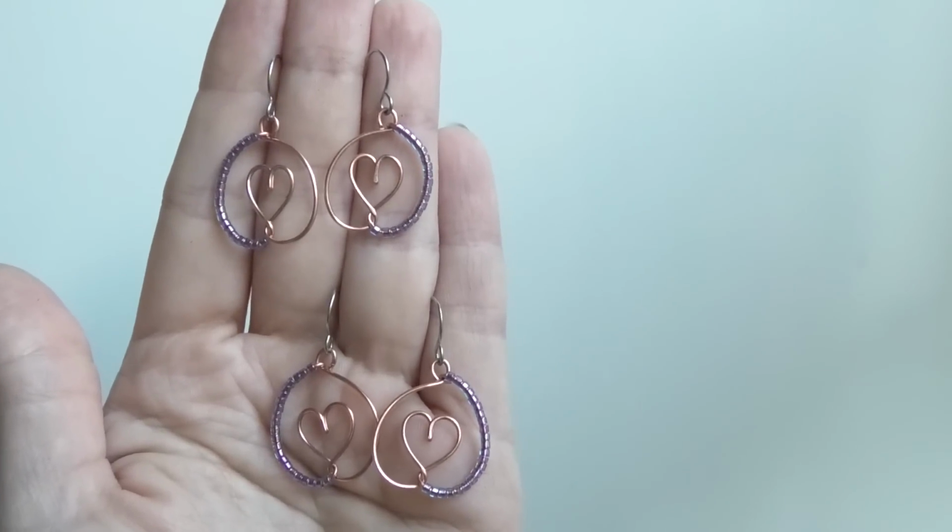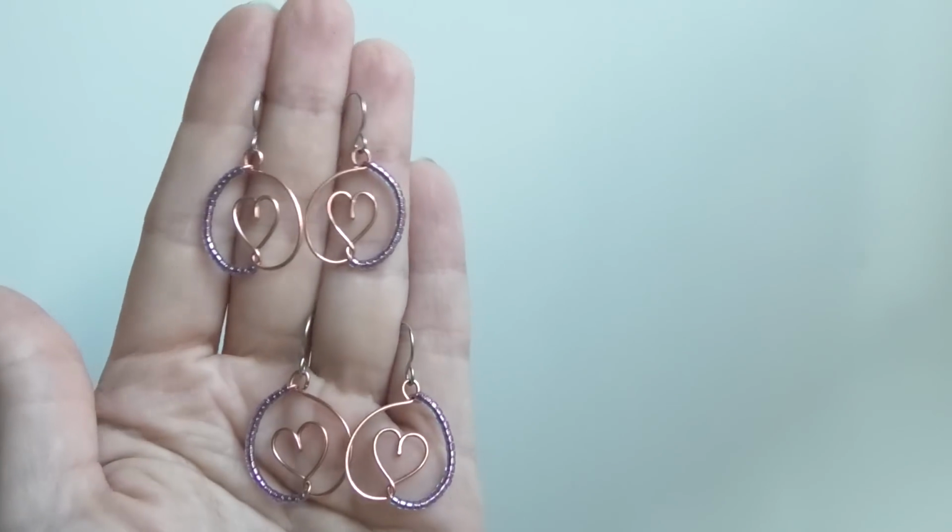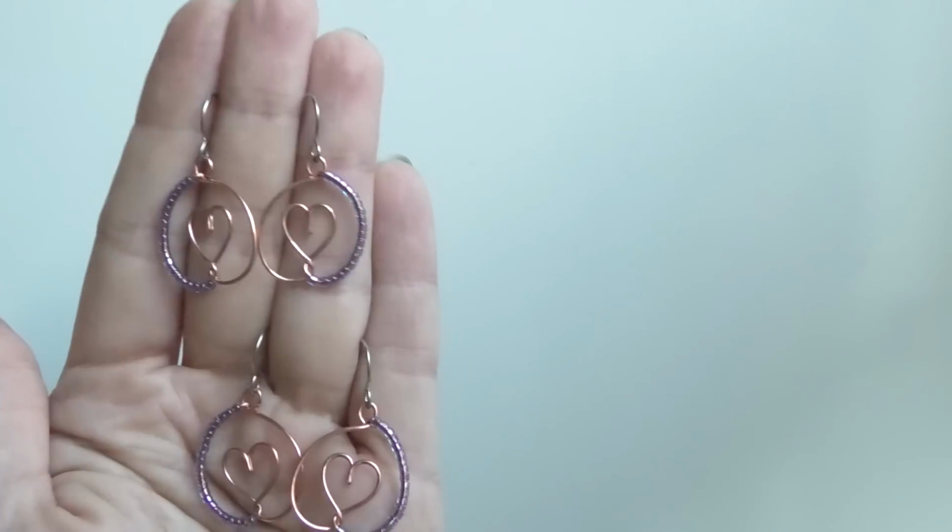In this video we're going to be making some fun little heart earrings to go with all those heart pendants